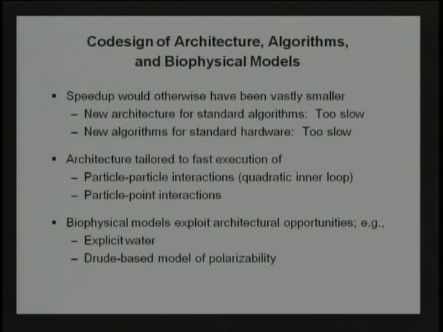So what does it do fast? There are a number of things, but the real engine, the part that was the inner loop, which it does really fast, is particle-particle interactions. It's that quadratic loop of all possible pairs of atoms. And it's actually used in other places too. It's actually not just particle-particle, it's point-to-point interactions.